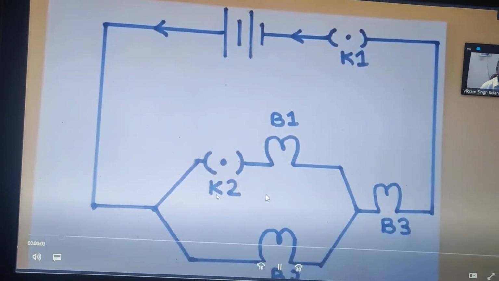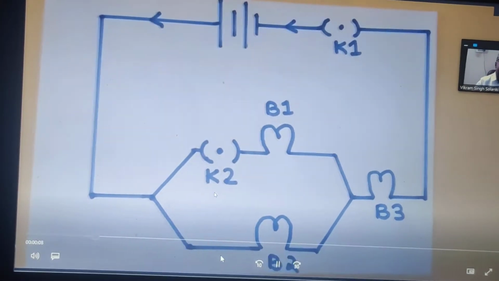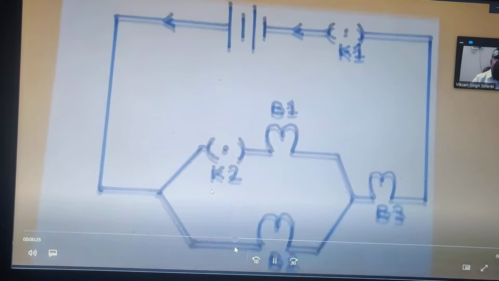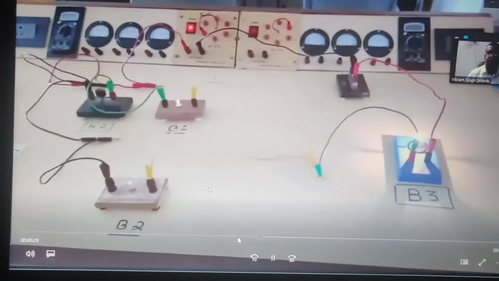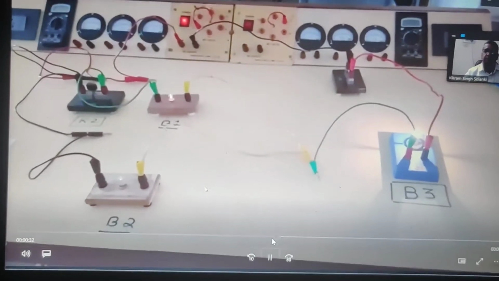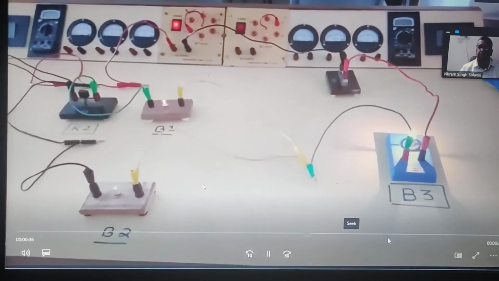Concept of series and parallel. So I would be posing a question to you which we have circuit. You have to look for the brightness of bulb 3 as soon as we take out the plug of key 2.